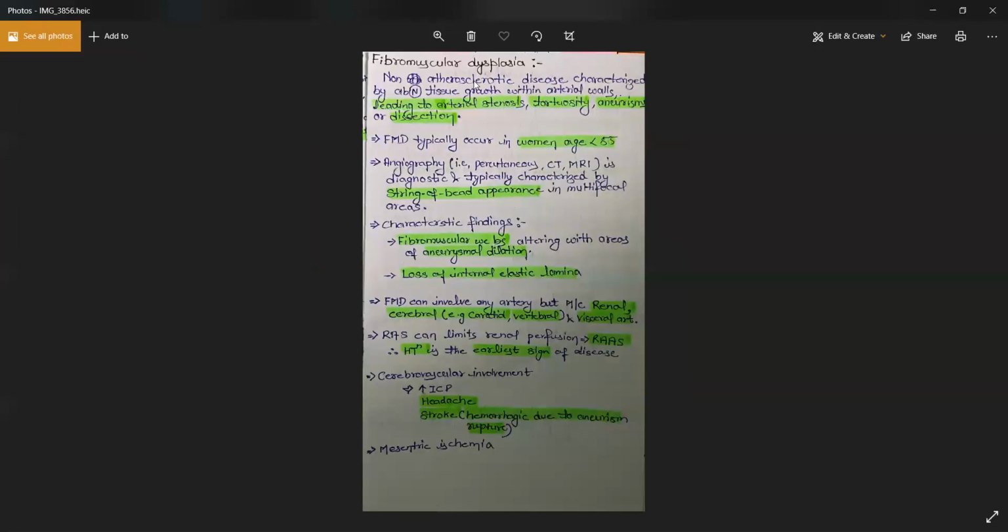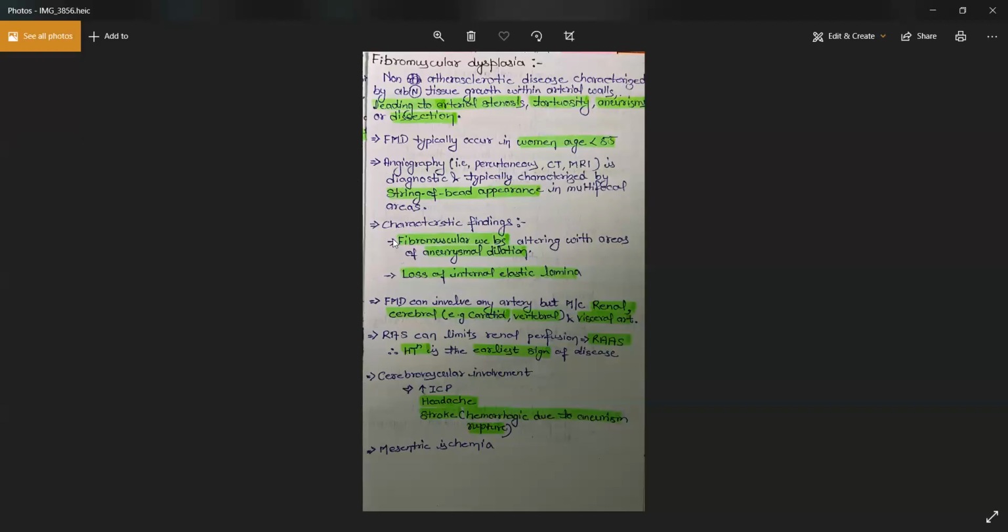Then you have fibromuscular dysplasia. As the name suggests, you have dysplasia in the muscle layer along with fibrosis. It will cause arterial stenosis. Tortuosity will happen, aneurysms will be formed, and dissection can also happen. It is generally seen in females younger than 55, so always a reproductive-age female, a young patient. You'll have alternate areas of aneurysms and stenosis, which gives the artery a string-of-beads appearance on the CT or MRI, and on the angiography you will see the string-of-beads appearance.